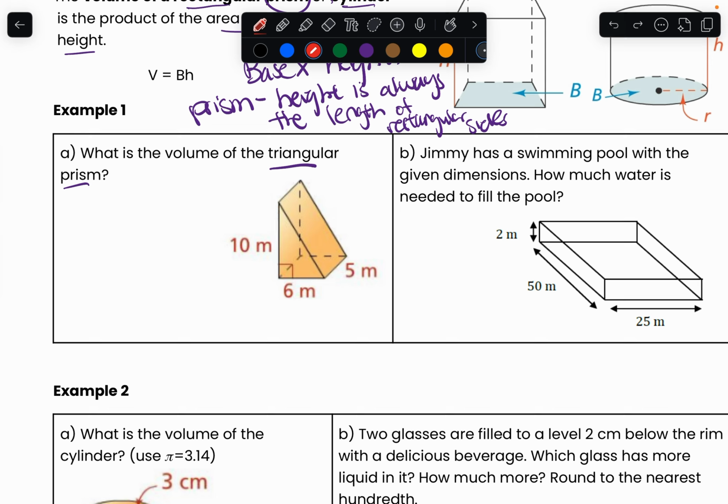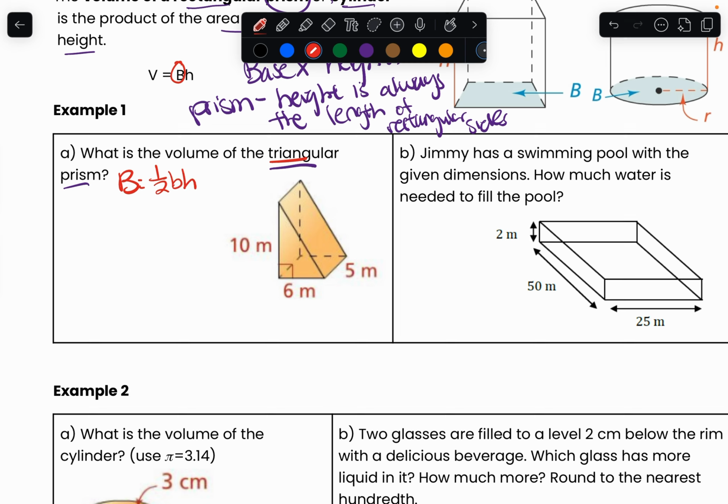Now, my base here, by the way, guys, is a little bit different from, remember, the area of a rectangle, which we say is base times height. What you realize is that in my volume formula, the big B means that you're trying to find the area of the base. So in order to find the big B, or the base area, I'm going to first figure out what formula I should use for my base. Well, it says it's a triangular prism, so I need to use the area of a triangle for my base. That formula is 1/2 base times height.